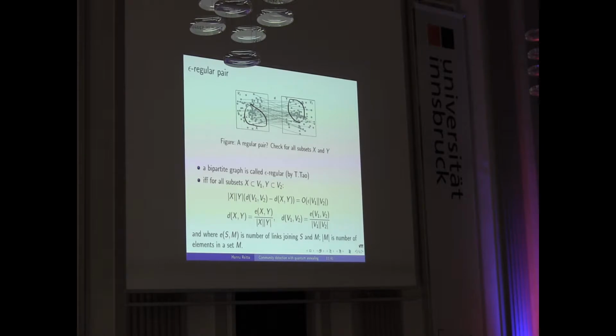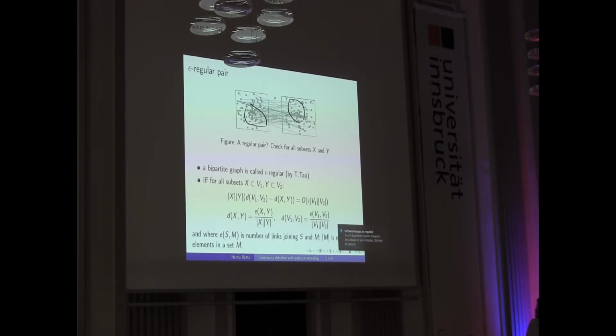So d is the link density in the subgraph. For instance, here X and Y are the sets where you want to compute the density. e is the number of links that join these two sets, and